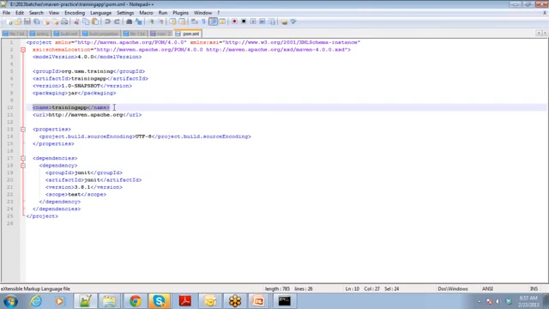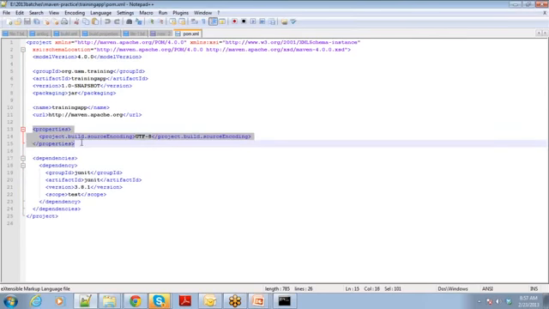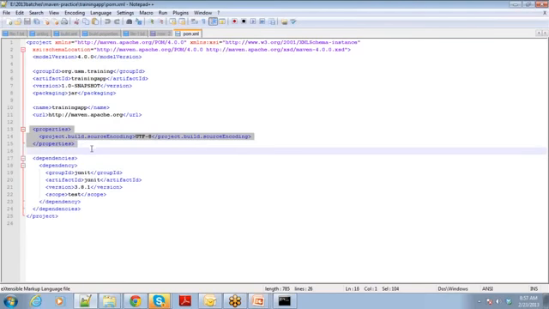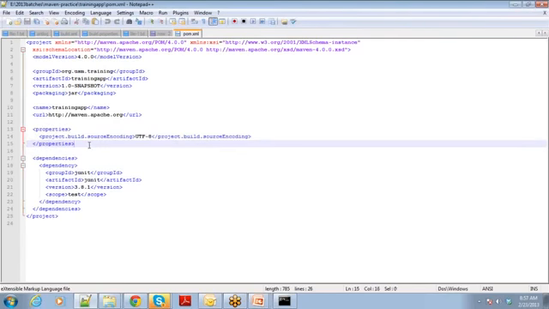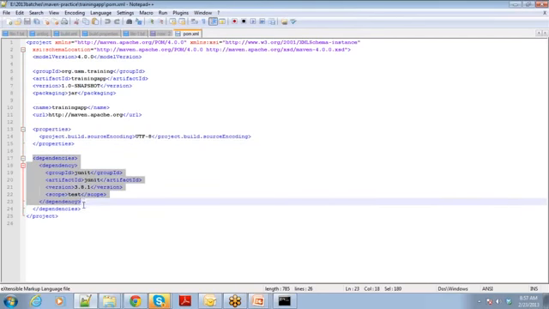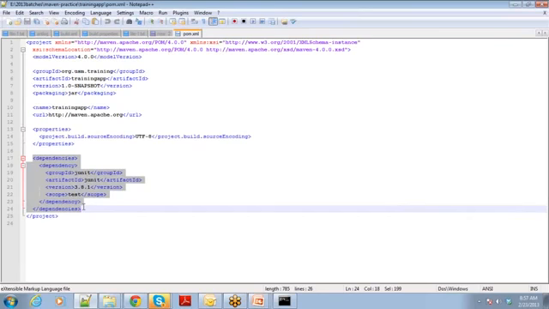Training app. Then if you want to specify any Ant-like properties, you know how to set properties in Ant. If you want to set some properties here for your build process, you can set them under this properties tag. And this is where another beauty of Maven lies. You can set dependencies.